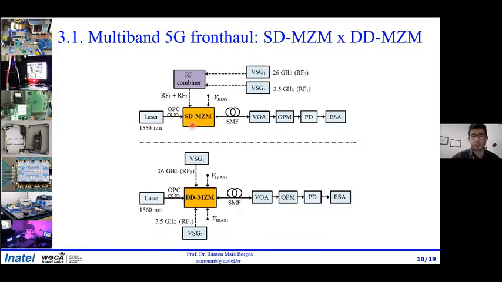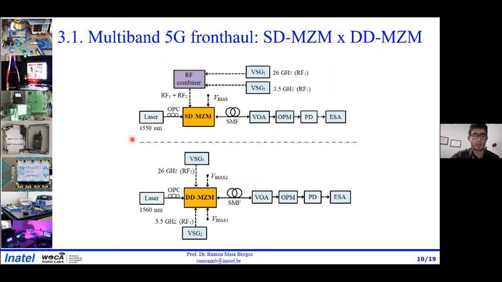Since the single drive Mach-Zehnder has just one RF port, it's necessary to use an RF combiner to deliver these signals to the modulator. So we have used an RF combiner to perform this function, and the modulator also receives an optical wavelength from a laser. The electrical field in the optical domain has been launched in the single mode fiber and reached the photodetector. The resultant signal is analyzed in an electrical spectrum analyzer. A variable optical attenuator and an optical power monitor have been used to control the power at